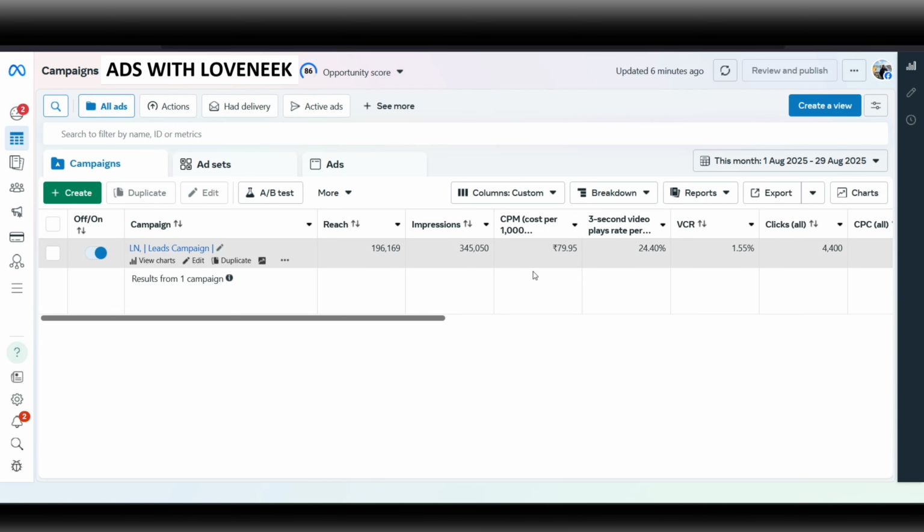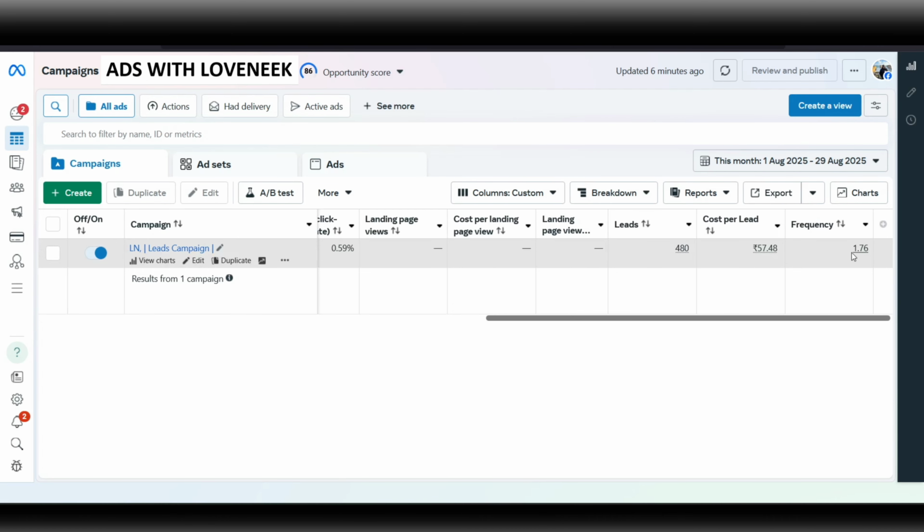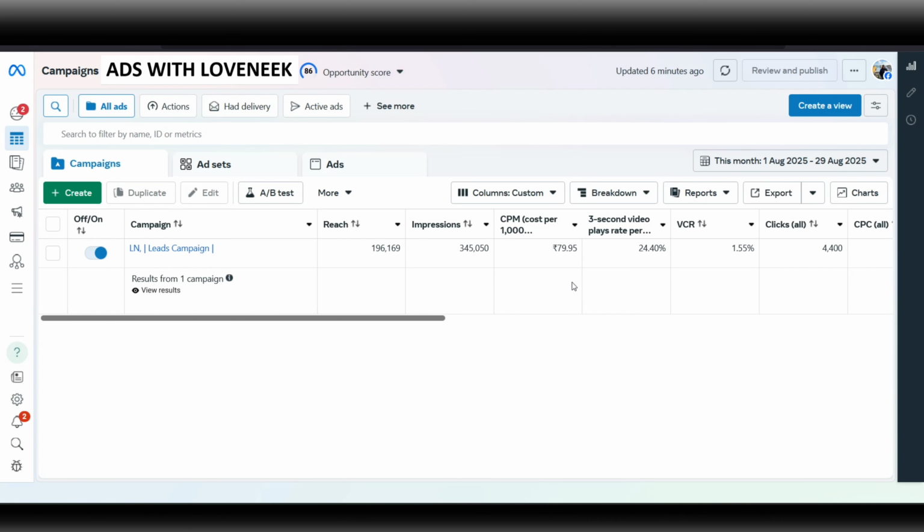Now, the reason for a high CPM could also be the frequency. Again, as I just mentioned, the frequency is under control. It is under 2 for a top of the funnel campaign. So that is also not the reason for my CPM being high, right? Another reason could be that your creatives are simply not good enough, or they might be irrelevant for the audience, or have a weak hook, a weak offer, or are not visually appealing, right? So if you see that the above pointers are not being checked and there might be some other issue, then